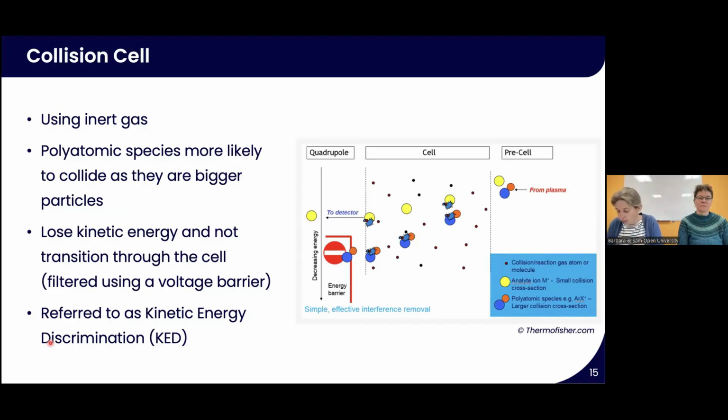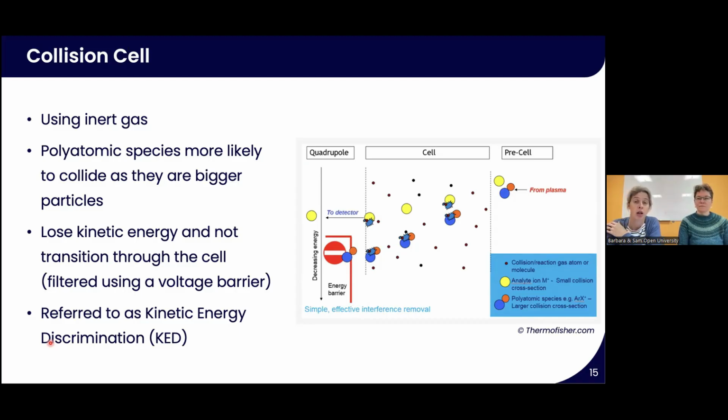but before the quadrupole. The collision cell works by having a cell and inserting an inert gas into that cell. As your sample transitions through this cell, if you've got polyatomic species in your sample mix, they're more likely to collide with the gas in the collision cell as they are bigger. And when they collide, they lose their energy. And if we apply a voltage barrier to this cell, then those bigger particles that have collided won't make it